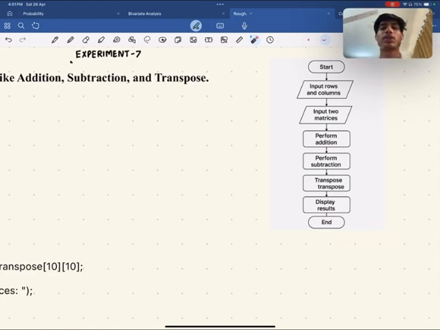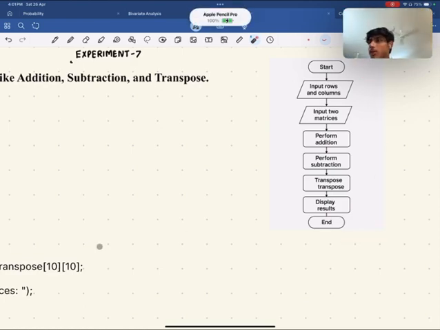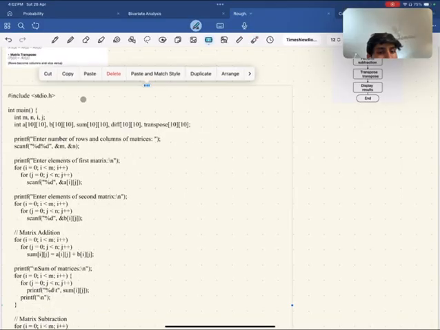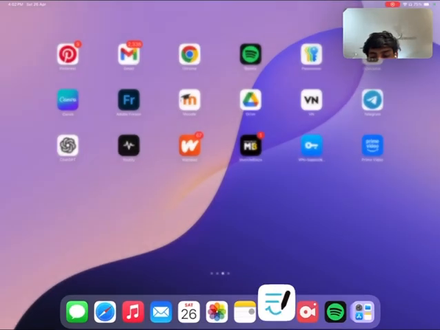So basically this is the simple flowchart. Now let's run the code. Let me connect my keyboard here. I've already written the code here. Let's just copy this and go towards the